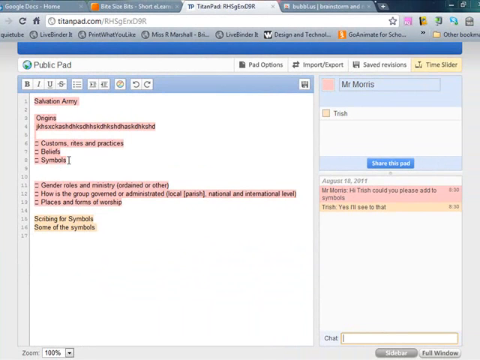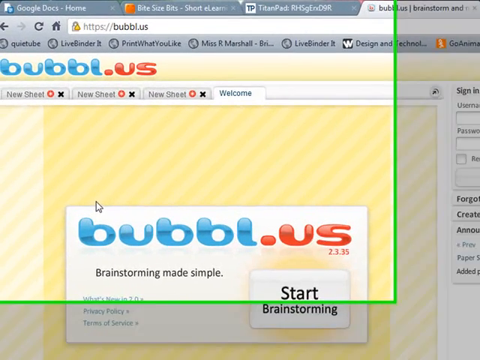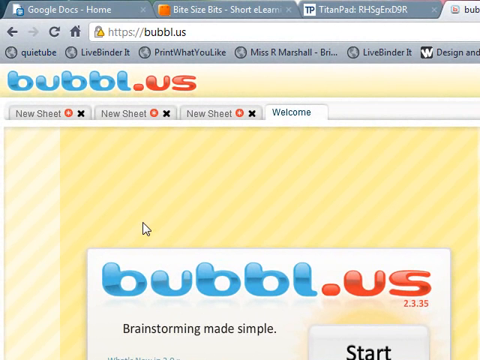Okay, so we're just moving on now to Bubble Us. A lot of research into our young people and the way they think at the moment points to the fact that they are visual learners. As a teacher, we often use visual learning techniques like a brainstorm at the start of a topic or a concept at the start of a lesson. This could be done using the whiteboard,